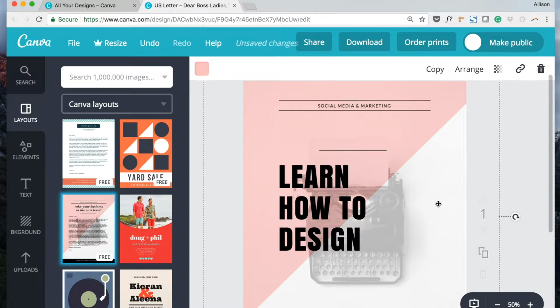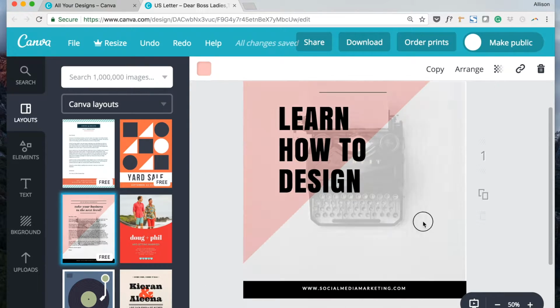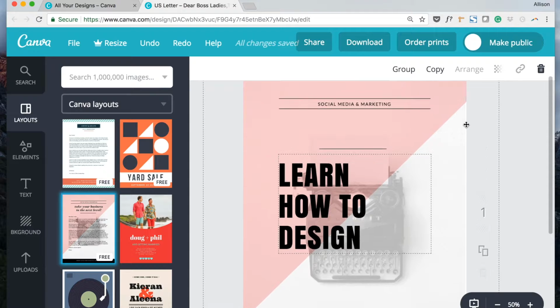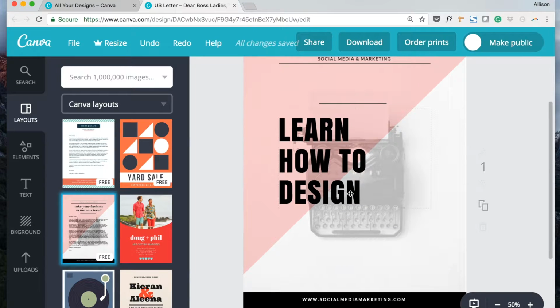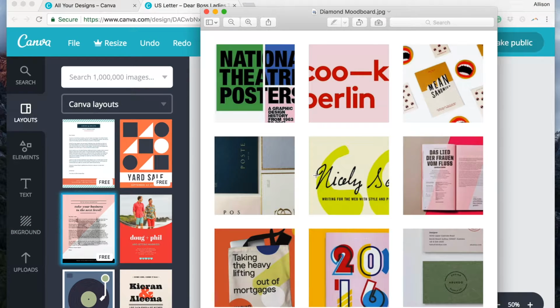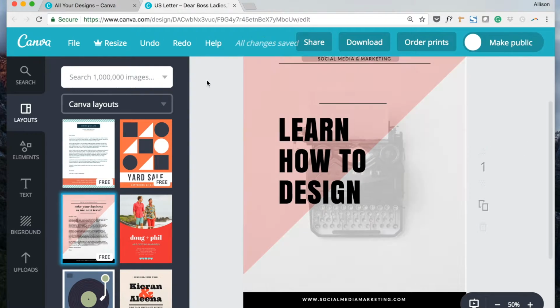And I'm going to figure out how to get rid of this picture because I don't really want the typewriter. So I can just, it says I can just drag and drop to replace that photo. And let's see if this has any photography. Actually, I don't think it does, which is interesting. That's something to think through. If you're creating a mood board or you envision a design that utilizes a lot of photography, just keep it in mind. So what I actually might do is